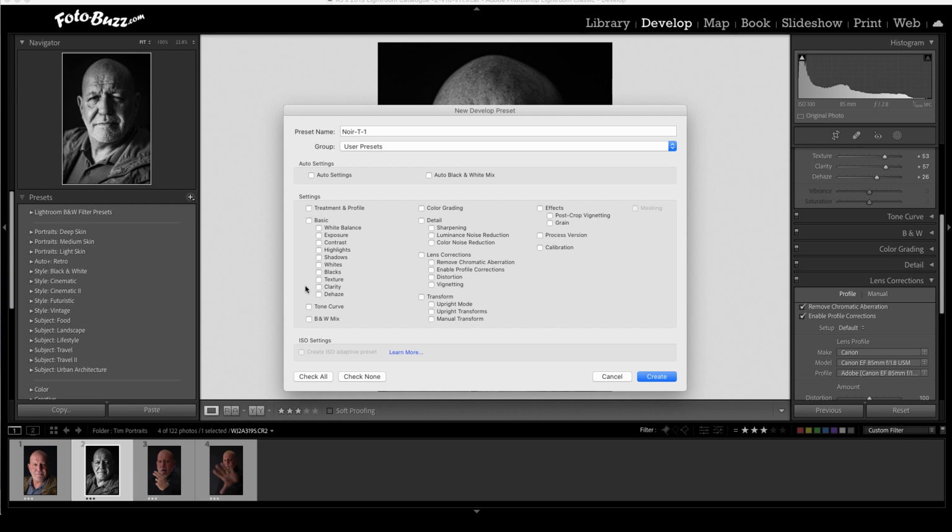If you think that the B&W mix, which can catch anybody out, is the thing to tick because you've gone to black and white, well, you're wrong, because if you don't tick treatment and profile, then you will not save this profile as a black and white profile if that's what you're doing. If you're doing a color, not such an issue, but if you're doing black and white, it really is. So treatment and profile I have ticked, and then I just need to read down these and do white balance,